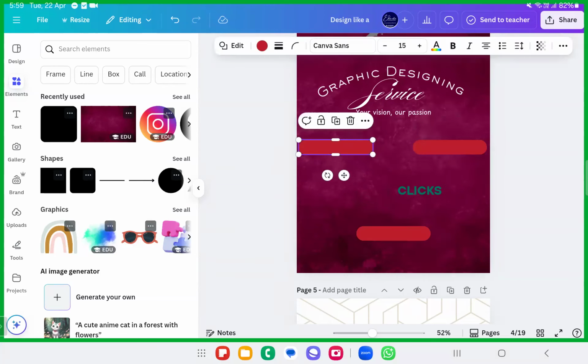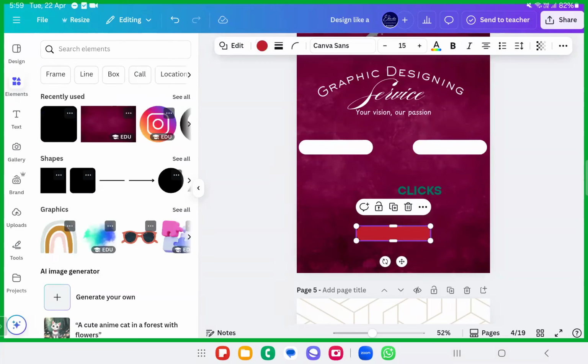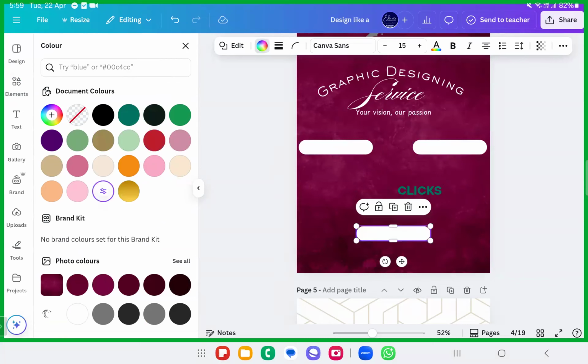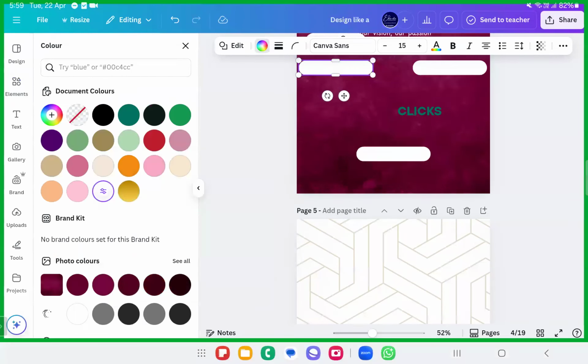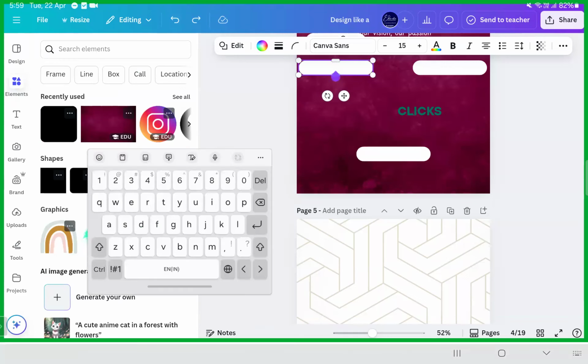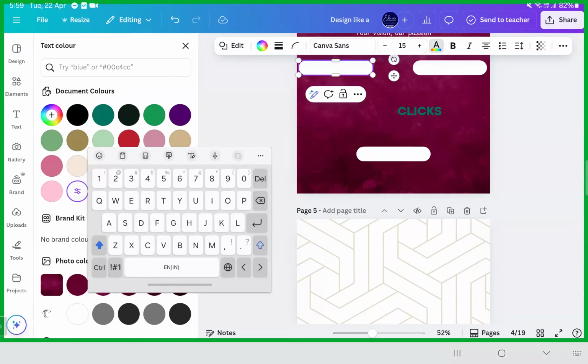Our services, I'll change it to white. You can type inside this itself if you wish to. Click on it and type it. Let me write our services. This color is white, so I'll make it black. When I'm going to write here, the textual content is white, so I'll make it black. So, our services.